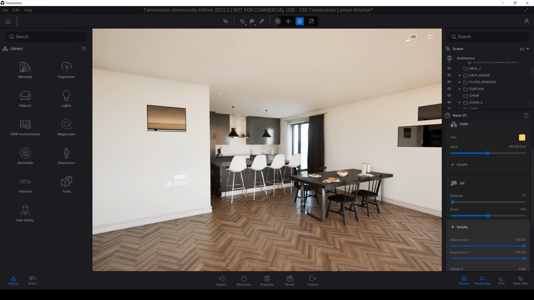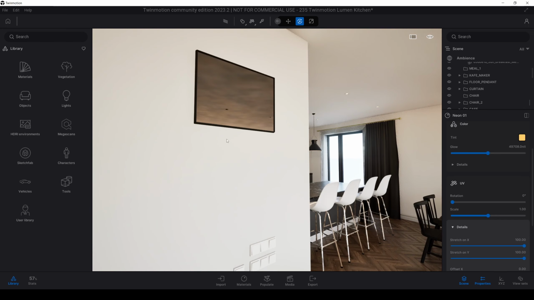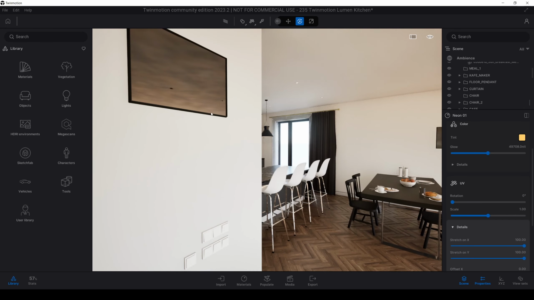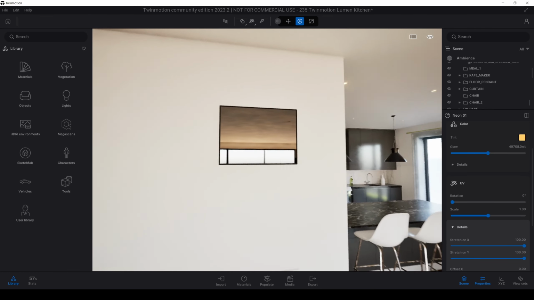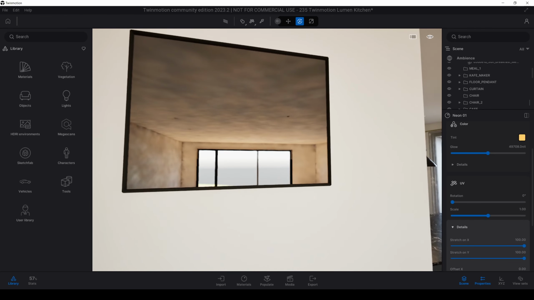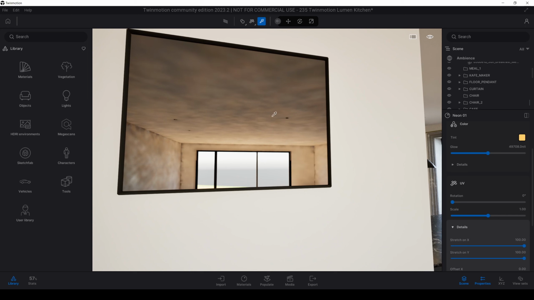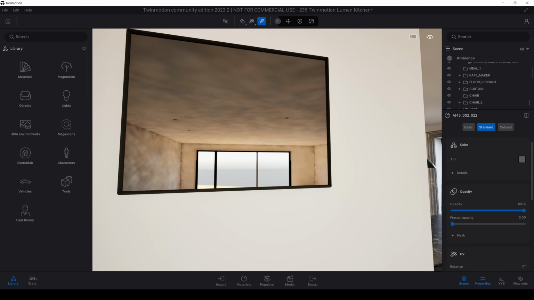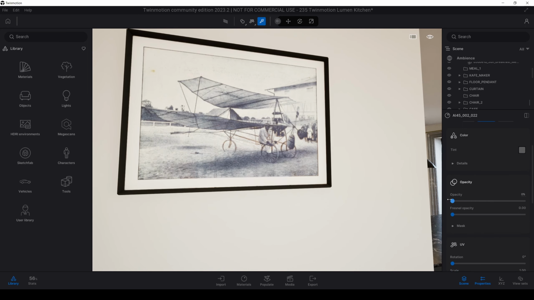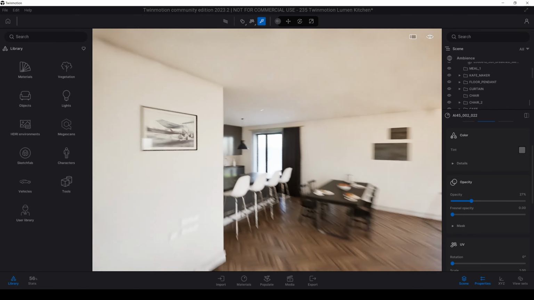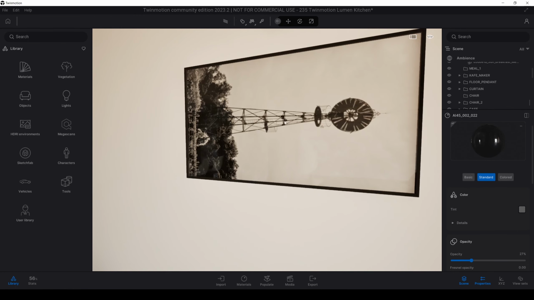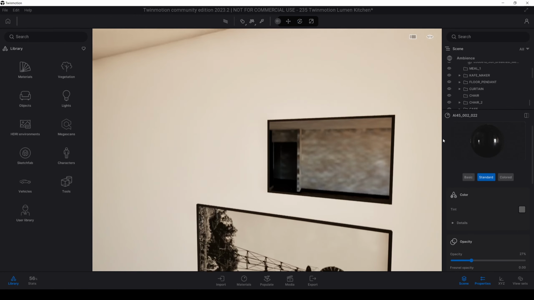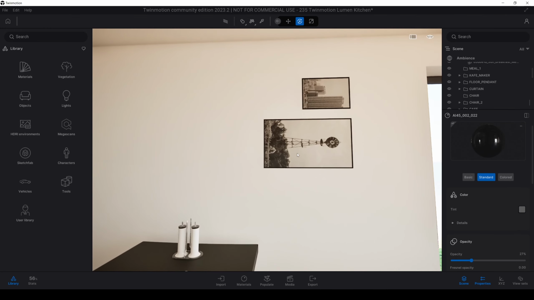Alright, I have changed nearly all of the models, only these pictures are left. Now let's fix them. Actually, it's very easy. We will only change the opacity of the glass. Let's hit T, use color picker, and change opacity. That's all. We can just drag and drop the same material to here and here.